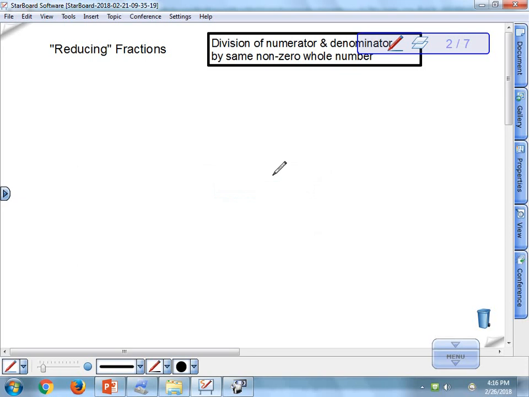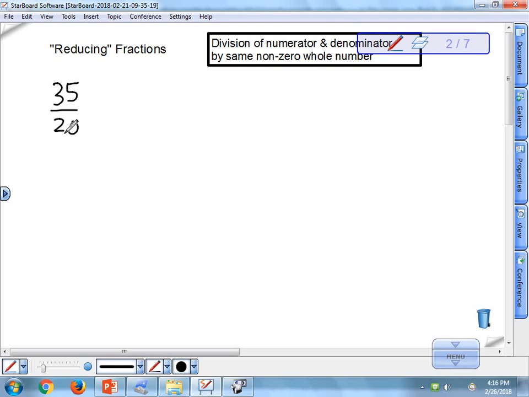Let's take a moment now to talk about how we would reduce fractions. And let me use an example to talk about that. So let's say I start with the fraction 35 over 20, and I want to find a way of reducing, that is making smaller, both the numerator and the denominator to form an equivalent fraction with smaller values in the